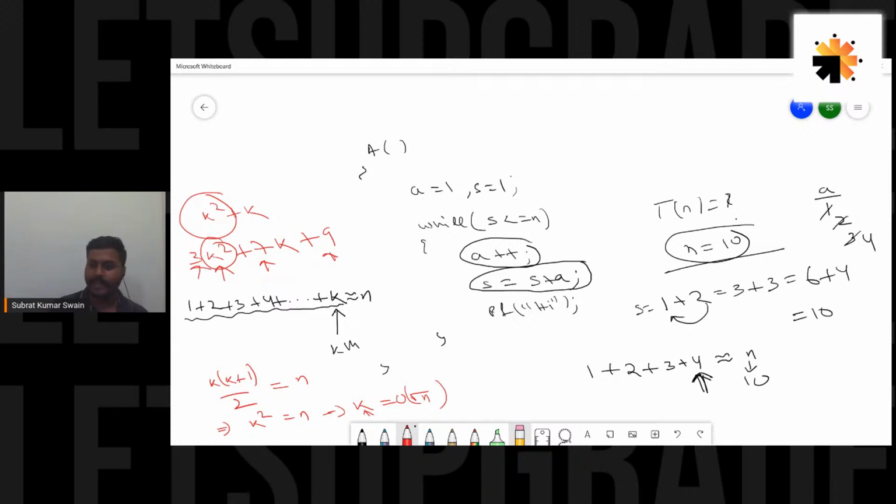So on the left hand side, we have seen it is 1 plus 2 plus 3 plus up to k. So it is nothing but the addition of k natural numbers. It would come out to be k into k plus 1 by 2, which is equivalent to n because we reached n by adding k. Now we can easily find out the value of k. I'm taking k square, the term with the highest degree would be taken here in time complexity analysis. So k square is equal to n. So k is basically root n, and k is our number of steps, which is actually the time complexity. So time complexity comes out to be big O of root n.